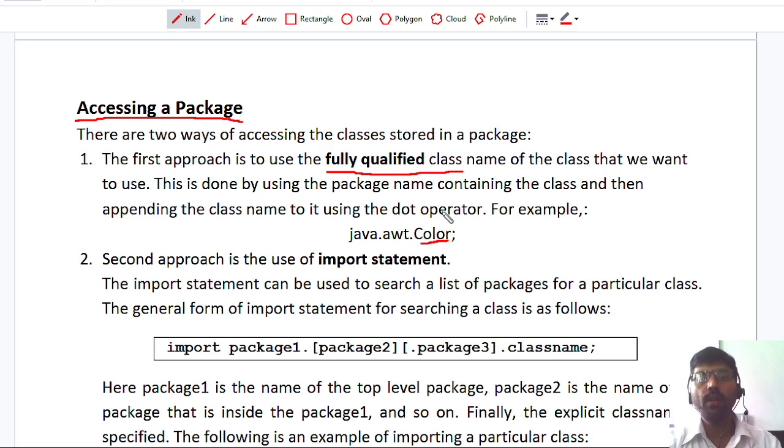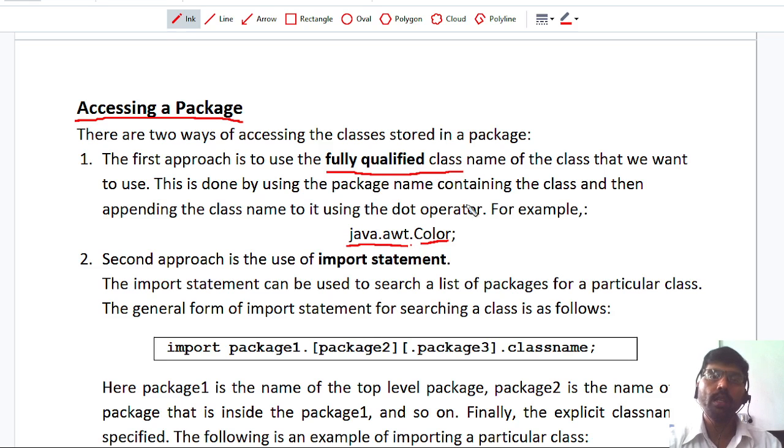That means Color is available in the AWT package, and the AWT sub-package is available in the Java package. So what I have to do is append this package, which has a dot operator in between, and then dot class name. This is called a fully qualified class name.